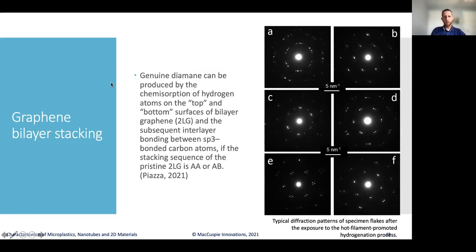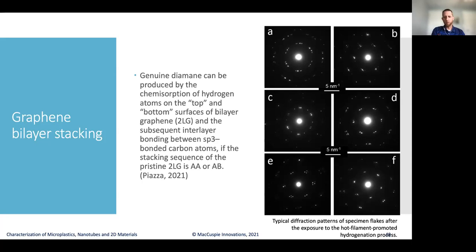And it also allowed them to study different patterns for specimen flakes after exposure to a hot filament promoted hydrogenation process, and begin to understand what changes to the structure of the material were taking place as a result of the chemistry in these processes. And they found that genuine diamine can be produced by chemisorption of the hydrogen atoms to the top and the bottom surfaces of the bilayer graphene, or the two-layer graphene. And that the subsequent interlayer bonding between the sp3 bonded carbon atoms, if the stacking sequence was pristine, was either an AA or AB pattern,